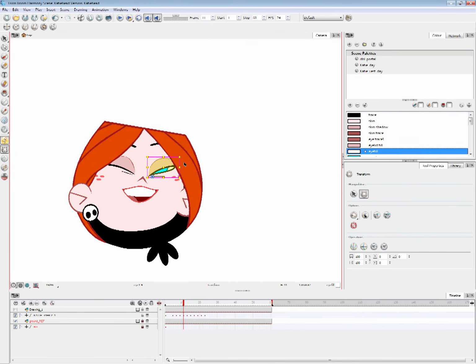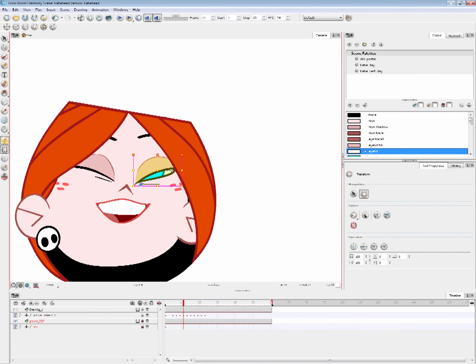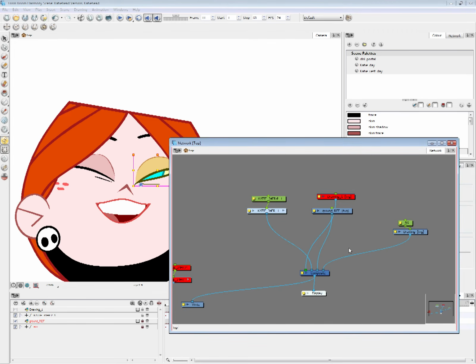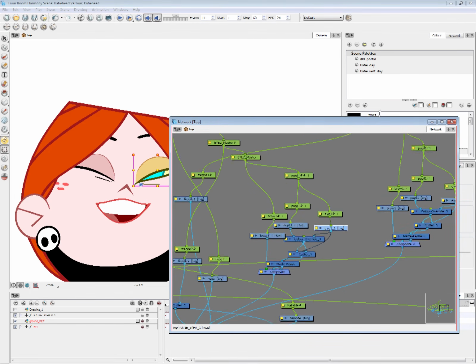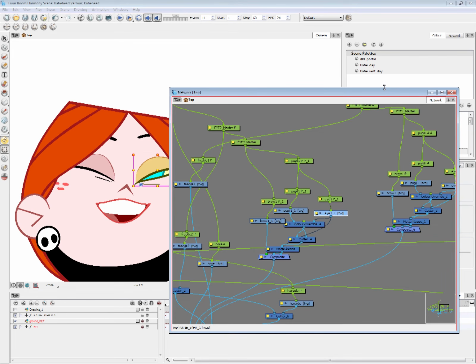Alright, I'm gonna copy and paste this. One thing that you need to know, if you select it and you have this pink rectangle box, that means you selected a drawing layer. I suppose I need to explain a little bit first. If we go to the network, I'm hitting C to jump to what I've selected here. It's O by default, but I changed to C.